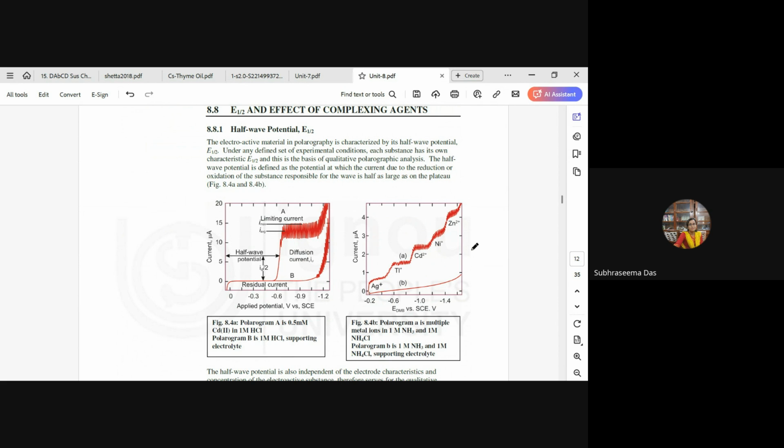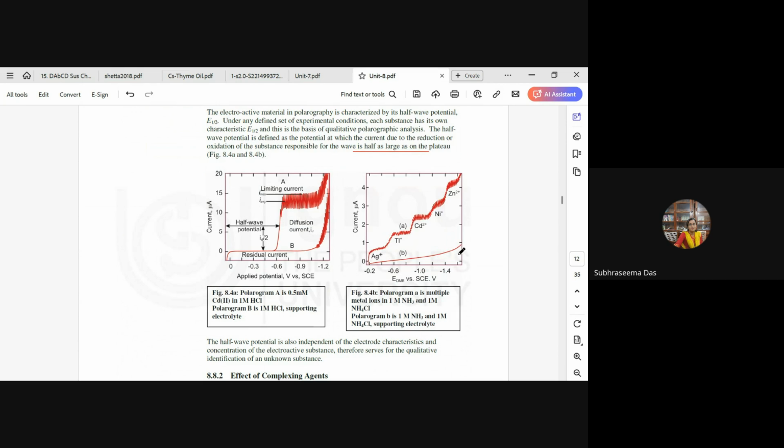The half-wave potential is defined as the potential at which the current due to the reduction or oxidation is seen as half as large as on the plateau. So here, like figure 8.4a and 8.4b. So in 8.4a,